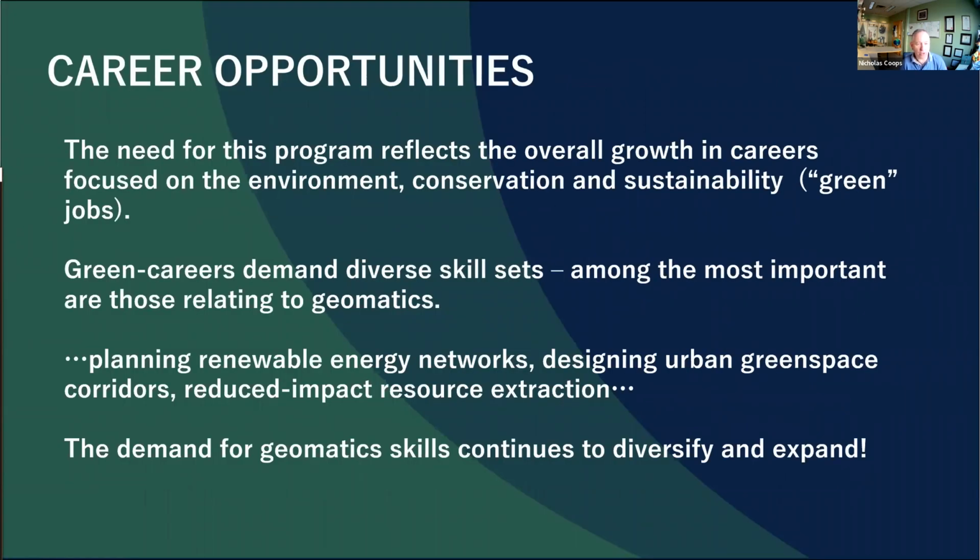So we're often asked, what sort of job will I get? What sort of career will I have if I go away and do the MGEM program? So we often think about these jobs as being very skilled green jobs. So I'm sure many of you have heard about green careers and green jobs. The fact we're using geomatics to help think about environmental problems, it means that this MGEM program really fits within that green job type domain. And I'm sure you appreciate there's really a great demand for these types of positions. When you think about